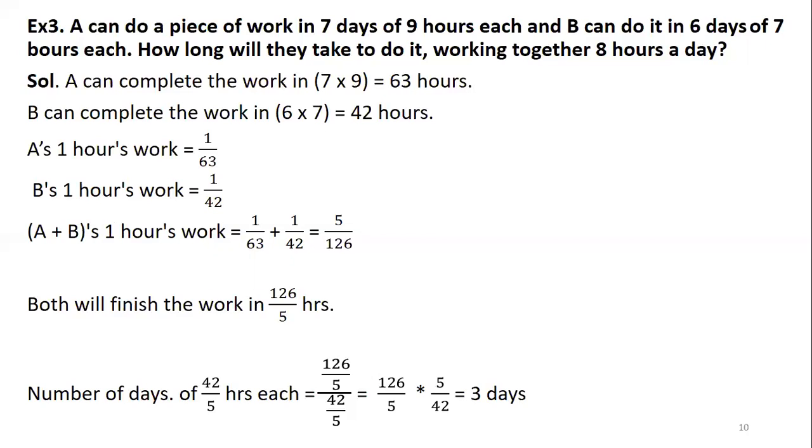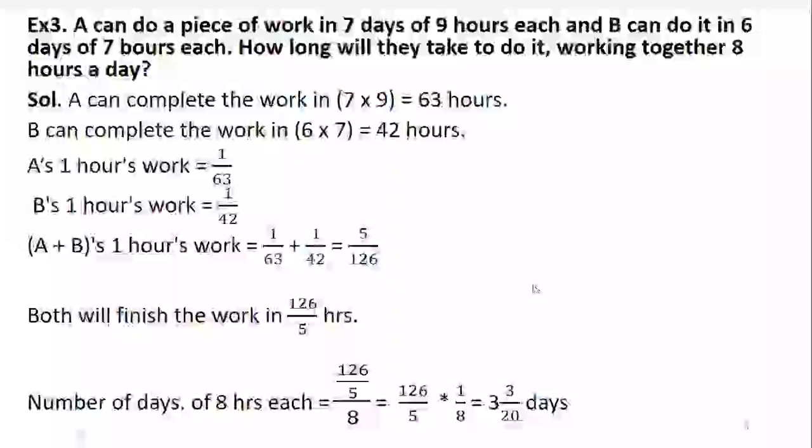So 1 hour's work of A is 1 by 63, whereas B's is 1 by 42. Now the combined effort in 1 hour is 5 by 126. So both will finish the work in 126 by 5 hours. That is because this 5 by 126 part of the work has to be multiplied by x so that 100% work is completed, that is equal to 1. So x is equal to